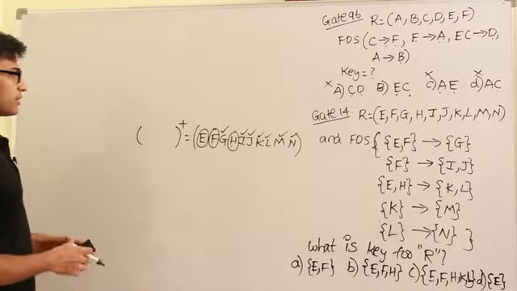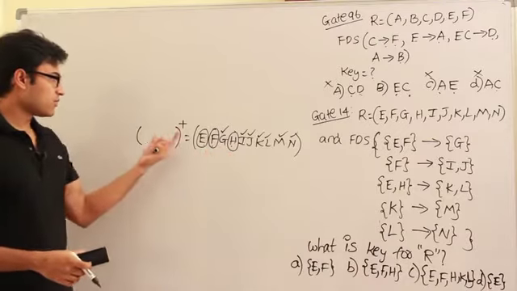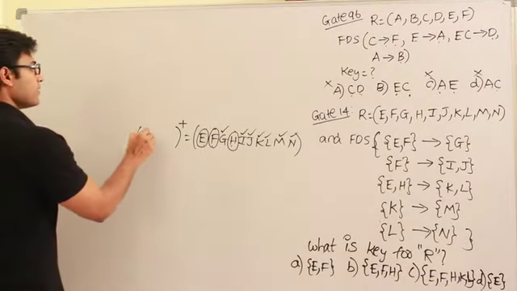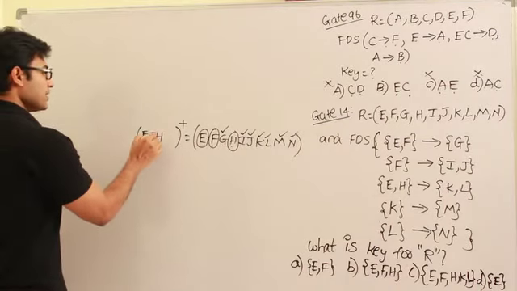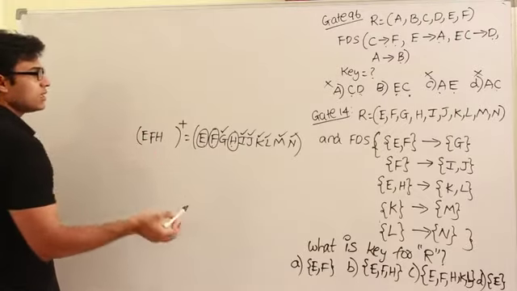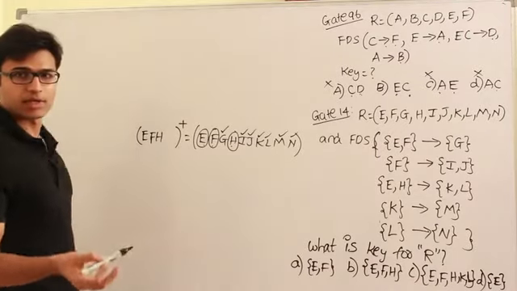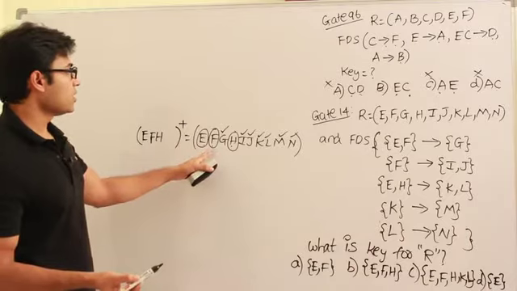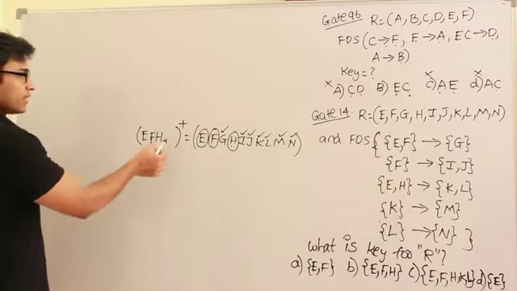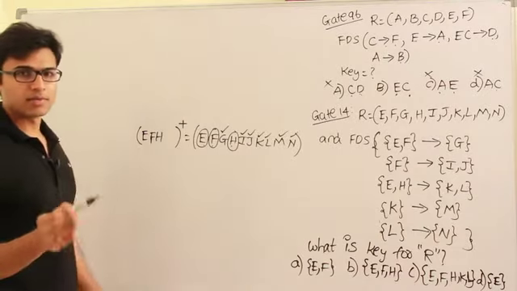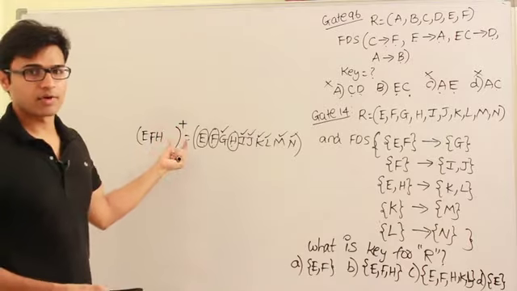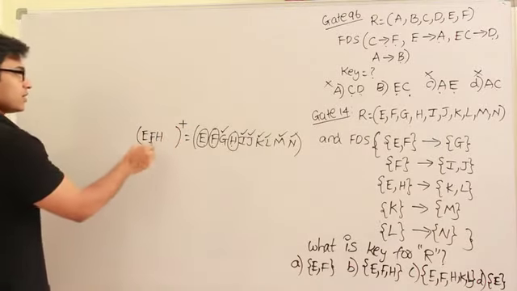So what should happen then? These three attributes should definitely be on the left side, right? So what are they? E, F and H. So these three should definitely be on the left side, which means whatever key you are coming up with, they should definitely include E, F and H. Along with that, they may contain more if required in case of candidate key. If you want it to be the minimal, right, try to include only the minimum number of attributes which are absolutely required. So E, F and H are definitely required.